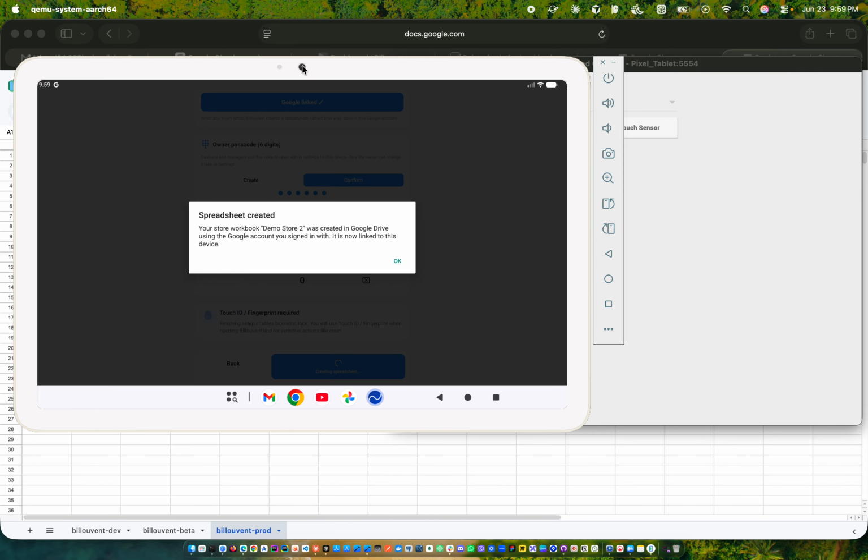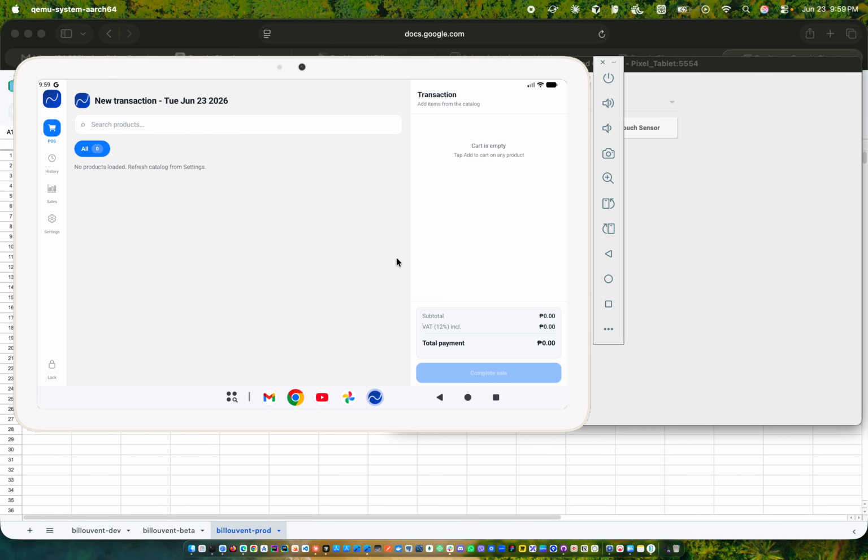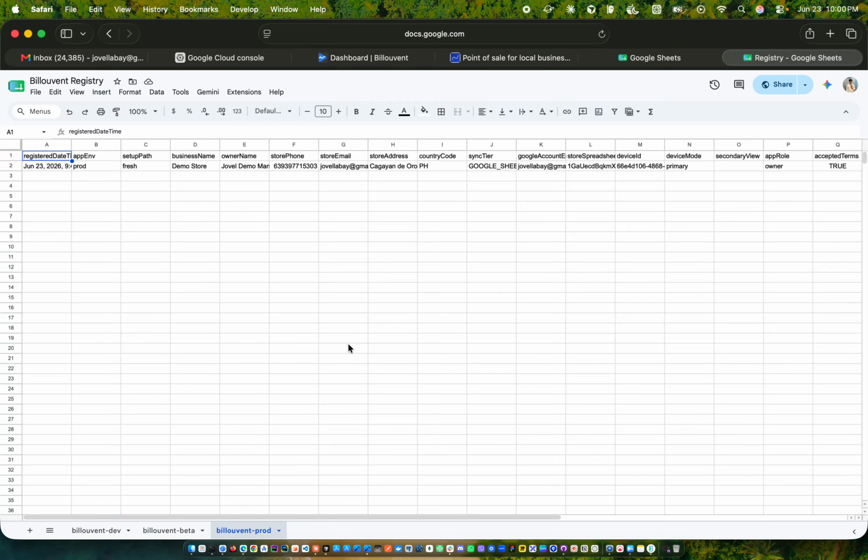At the very least, the cashier can still do the operation while the owner can track the transactions per day, even if the owner is not in the store, because the owner has access to the information.